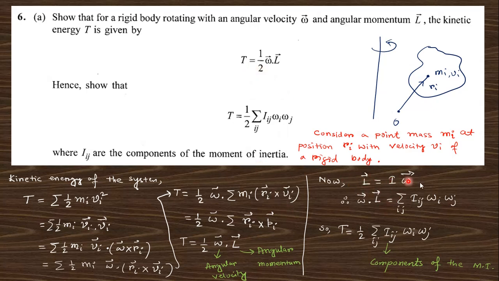Now L is I omega, so L dot omega, you can see here that this is the summation form. For each component, because there are different components, L depends on them as well, so this can be written. Okay,